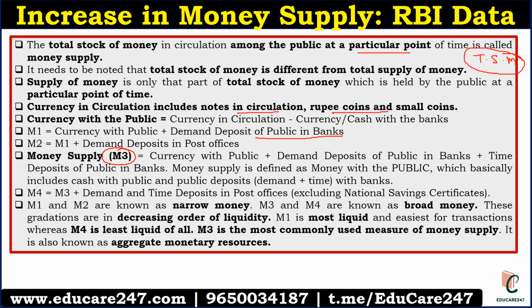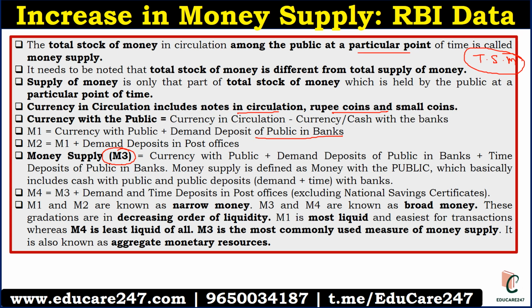important point. So basically, money supply is defined as money with public, which basically includes cash with public and public deposits, time and demand, with banks. So this is a very important point. Remember this important point for your examination. Now let us understand what is M4. M4 basically means M3 plus demand and time deposits in post offices, but national saving certificates are not included in